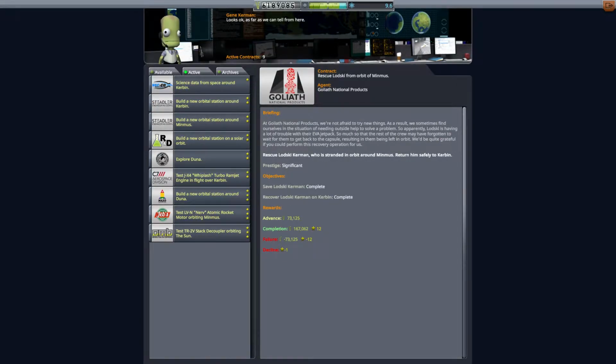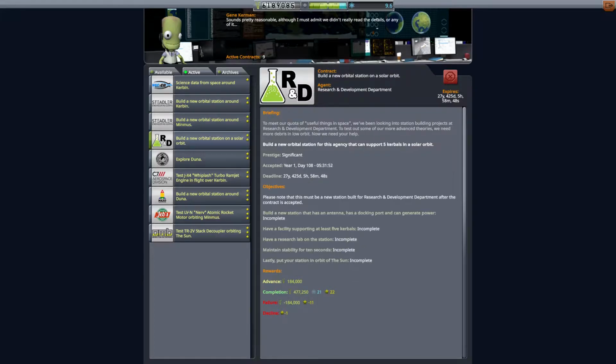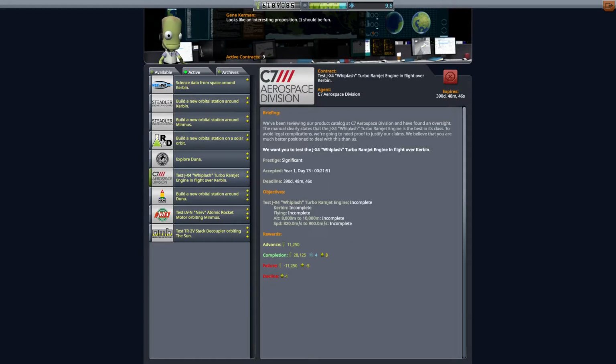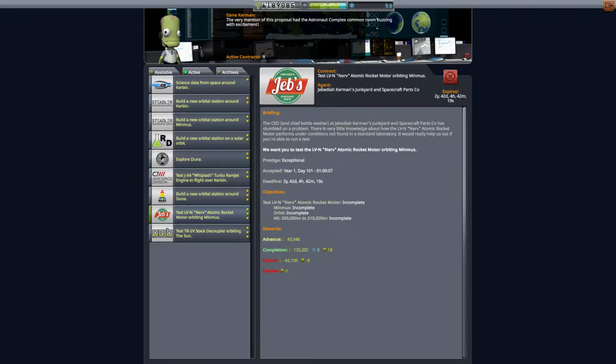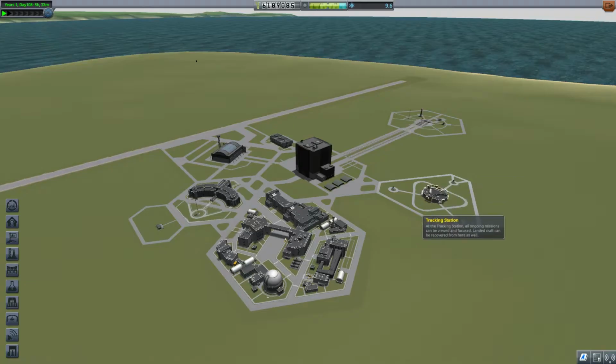Now we have all these missions: science data around Kerbin, orbital station around Kerbin, lots of liquid fuel, station around Minmus with fuel, station on a solar orbit, explore Duna, we don't have to come back or land, just go by there, test the turbo ramjet engine, station around Duna, test the nuclear engine, test a part around the sun. So I'd like to try and do all of these contracts in a single mission, although it may take 2